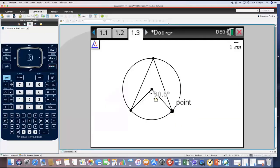So the angle at the center at the moment is 90.6 on my diagram and 45.3. There we go. So generally you can clearly see that the angle is twice the angle on the circumference. The nice thing about this is as you drag the points around, it still stays as twice. But I think it's quite useful actually putting that